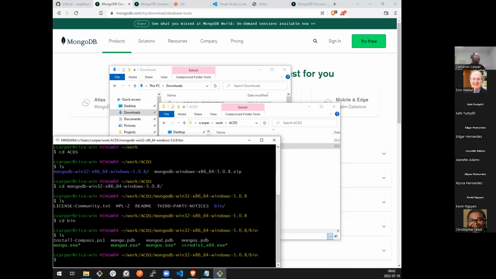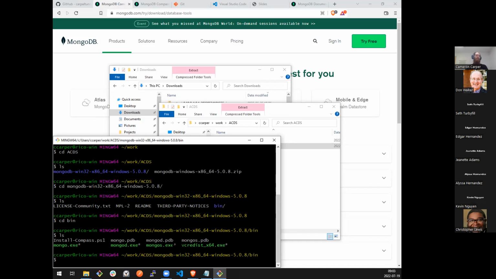And you can see that there is not much here. I'm actually glad I did this because it reminds me: if you are running on Windows and you have not installed the Visual C++ redistributable x64, if you're on a 64-bit machine, it is packaged with MongoDB. It's very commonly required on Windows machines, so you may have already installed it. But if you try to start Mongo from the command line and it just immediately returns a blank prompt, it's probably because you haven't installed that VC redist. Since I know it's installed, I'm going to execute mongod.